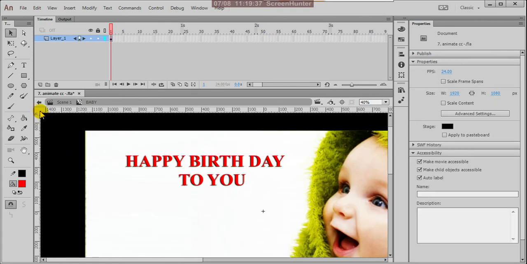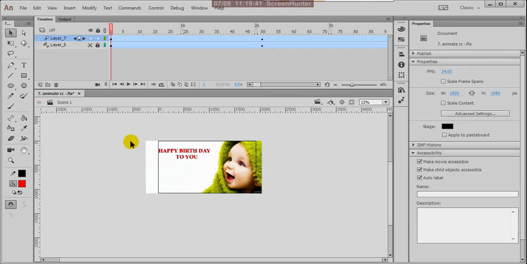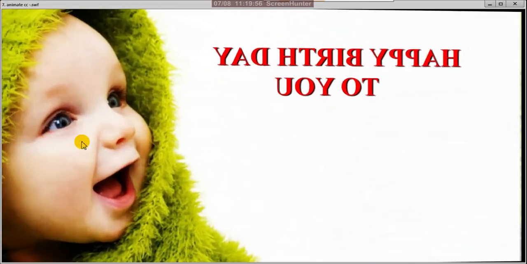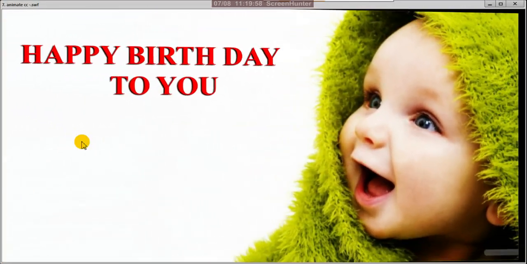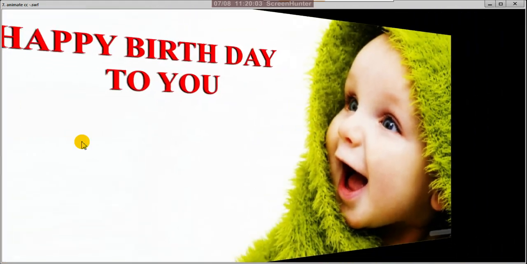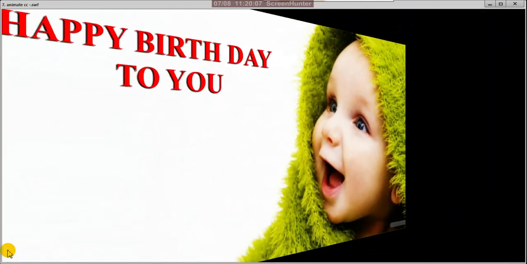Right, now come from the simulating mode. I'll explain everything about your simulating mode, about symbols and about animations. Just let us check, only concentrate on 3D tools. And again control enter. Yeah, now it is beautiful. See, along with the shadow, your animation is moving.